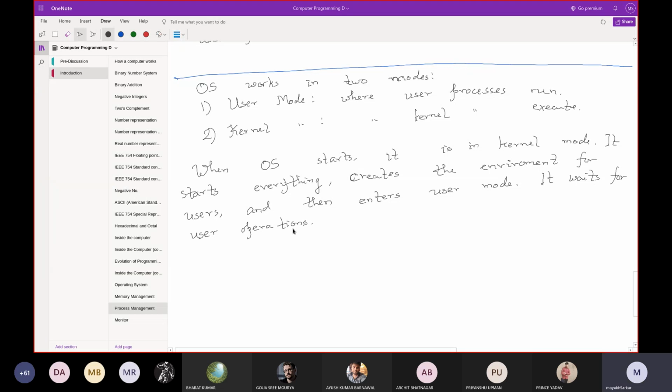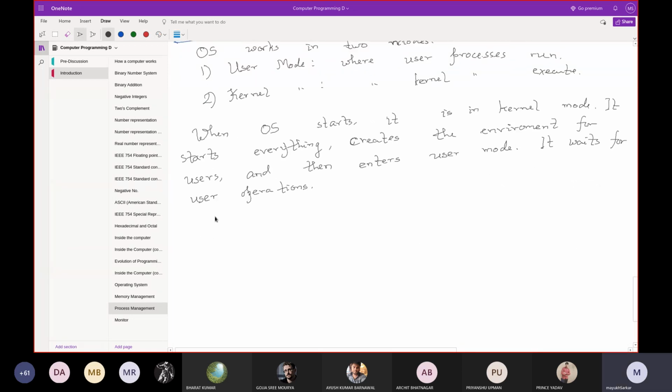Now, whenever we start interacting with the operating system, it makes extremely frequent switches between user mode and kernel mode. Why? Everything you are doing, such as accessing any IO device. Suppose I'm moving the mouse.